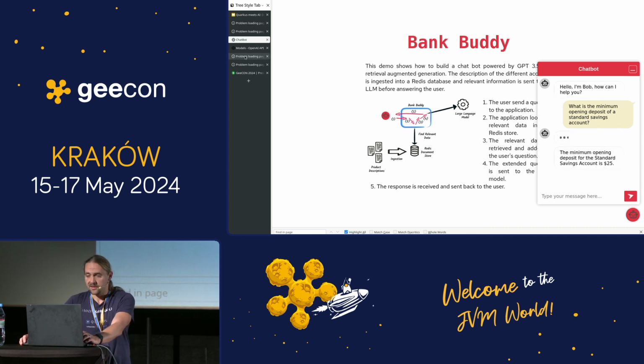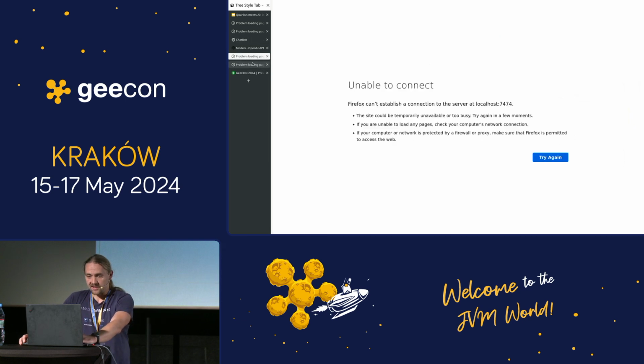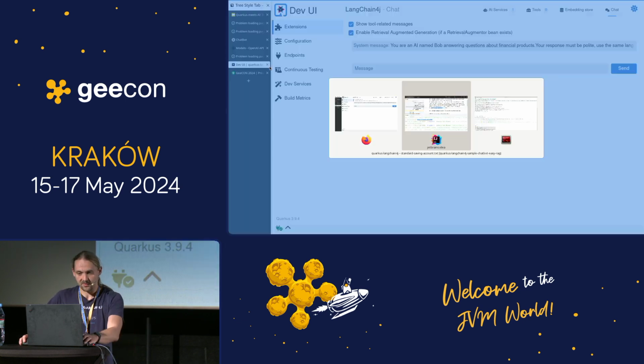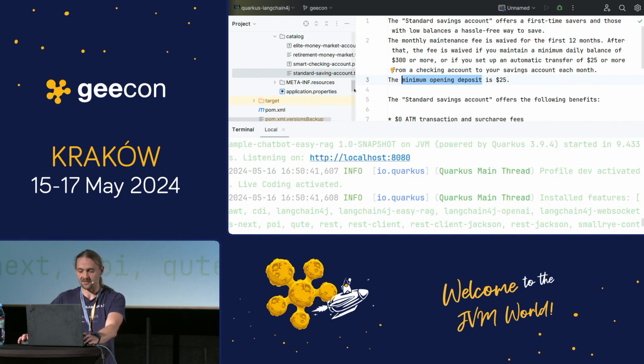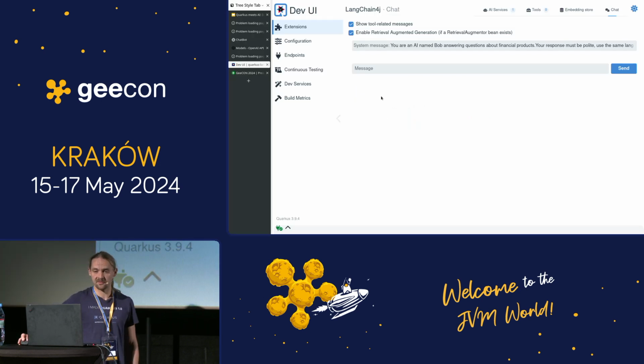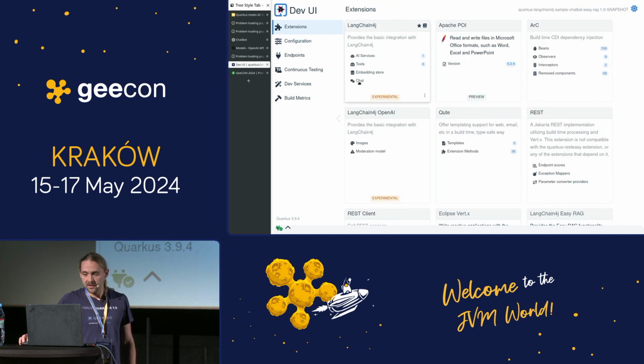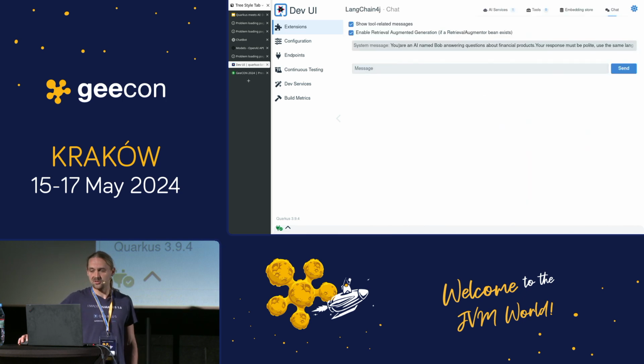Now let's try the same, but not with the UI that was explicitly created for this application. Let's try it with the dev UI that comes with Quarkus out of the box. We have this great thing called dev UI. And there, when you're using Langchain4j extensions, there will appear some more pages that you can use in the dev UI. One of them is the chat